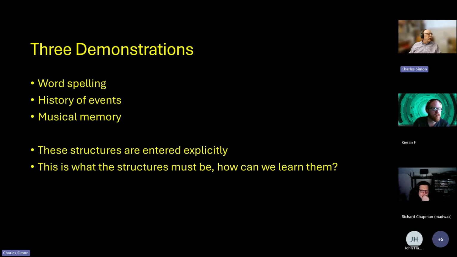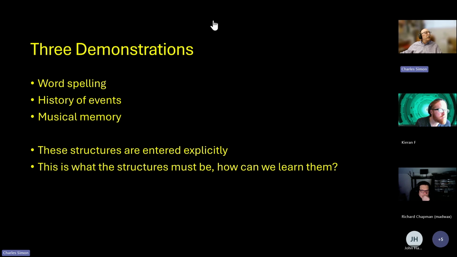I'm going to do 3 quick demonstrations: word spelling, the history of events, and musical memory. And as I said before, these are not targeted towards how you learn sequences. These are targeted at how you might retrieve sequences or how you must store them.